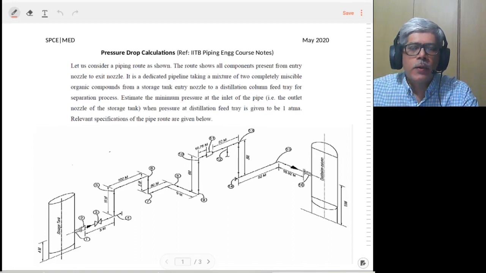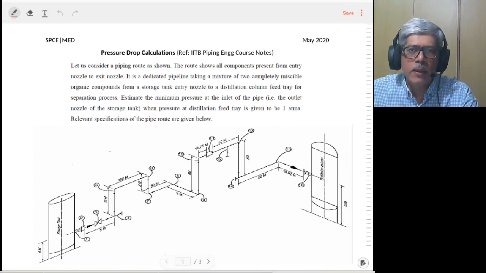Let's now do an actual calculation for pressure drop in a case where the pipeline consisting of various piping elements is given, as shown in the figure on the screen. I acknowledge that the credit for this particular problem is through the training program which I attended and which was conducted by IIT Bombay. So we will consider this particular problem, which will give you a good idea as to how to do the pipe size calculations or the pressure drop calculations for a given piping, which can be used